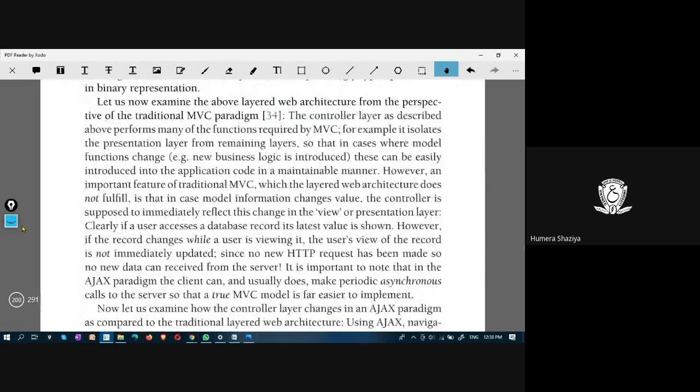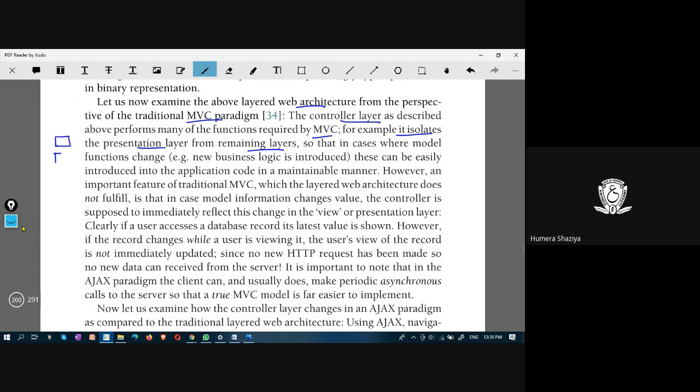This will talk about web architecture from the perspective of the traditional MVC paradigm. How a web application can be developed. The controller layer described above performs many functions required by the MVC. For example, it isolates the presentation layer from the remaining layers, because the presentation layer is the view layer.